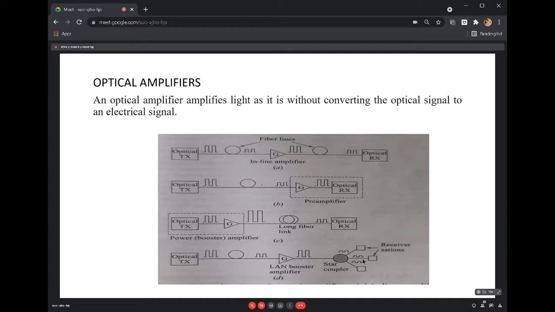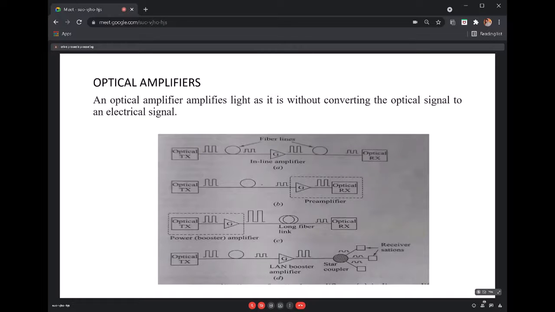That is the basic thing that takes place within an amplifier, which has not been shown here, but in these inline amplifiers, or any amplifier for that matter. Here we are going to use an active material, which is excited through some energy source. A large number of electrons will be liberated and moved to the higher levels, and when they come back, they stimulate emission, due to which all these things happen. You all know those things, right?